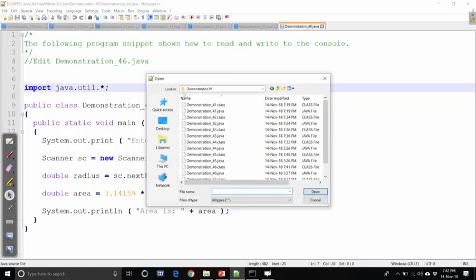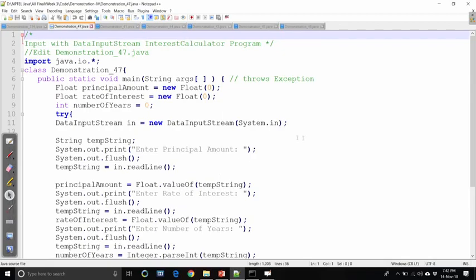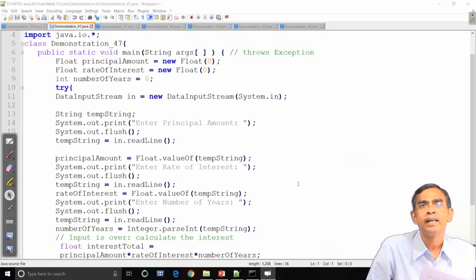Now, let us have the last method using the data input stream class. It is a little bit difficult to understand at the moment. Regarding this data input stream, we will discuss in detail when we consider input output streams. Now, let us have a very quick demo of the usage of the data input stream class. It is more or less similar to the scanner, but here we use the data input stream class, which is defined in the IO package. So, in this case we should import java.io.star, where the data input stream class is. We could even write java.io.DataInputStream also. Anyway, dot star means it will import the entire IO package.